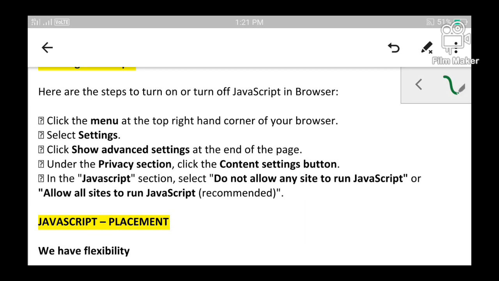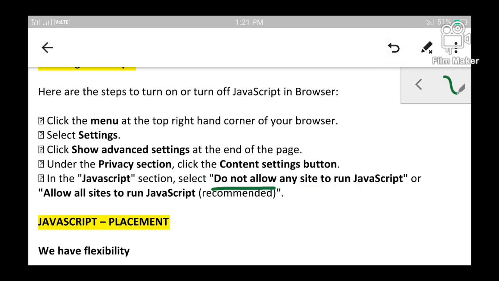When you click on the button named content settings, under the JavaScript section, you will find two options. One says do not allow any site to run JavaScript. If you select this option, what will happen? While browsing, when you come across a web page, even if it consists of some JavaScript code, since you have selected do not allow, that JavaScript within the web page will not be executed.